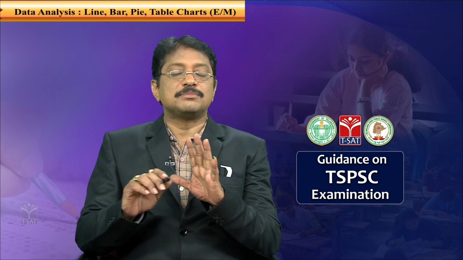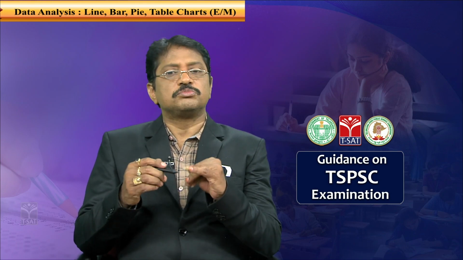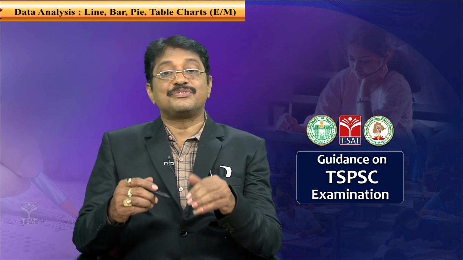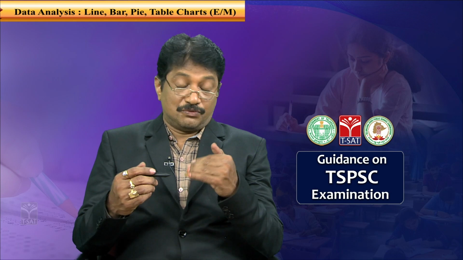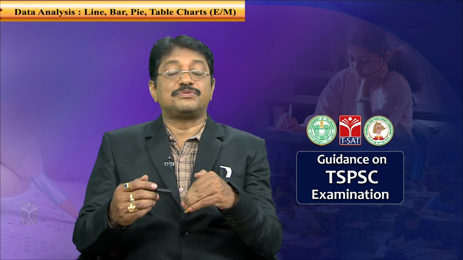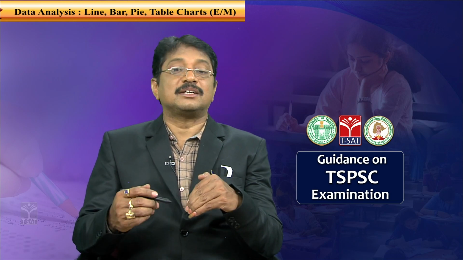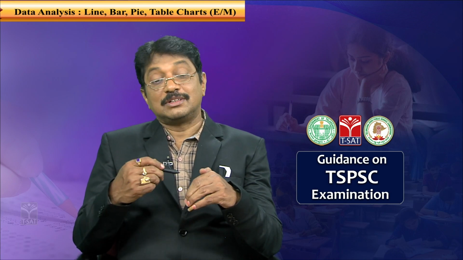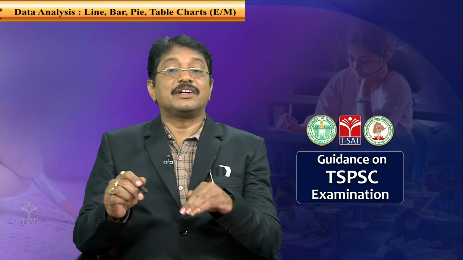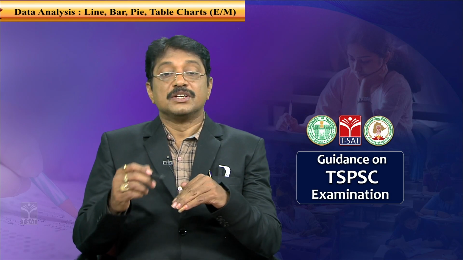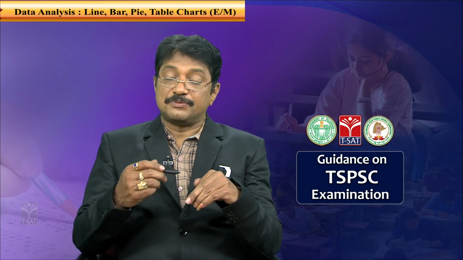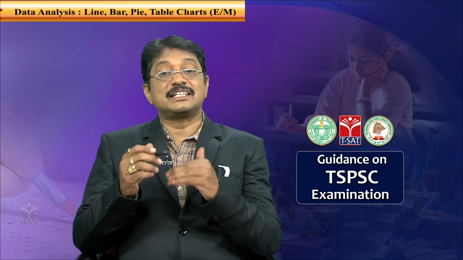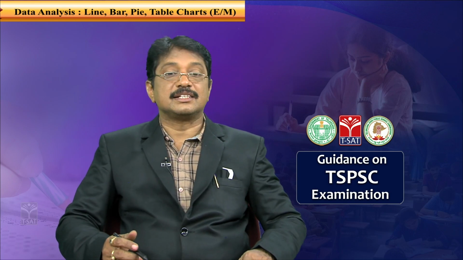You have to remember there are two kinds of things here. One is called frequency curve, another one is called frequency polygon. When you join the points with line segments, we call it a frequency polygon. When you join the points with a simple free-handed smooth curve, we call it a frequency curve. We have to remember all these things here.